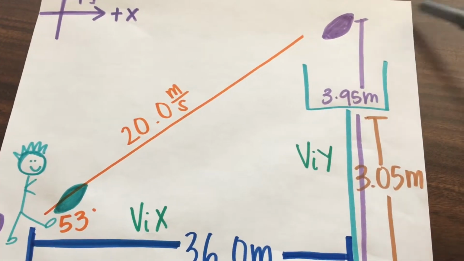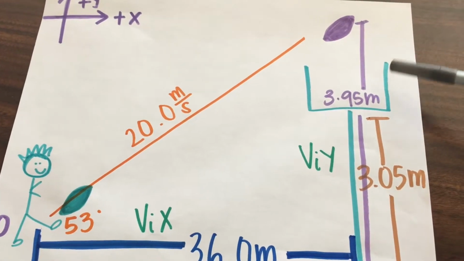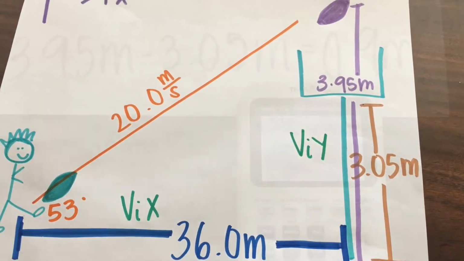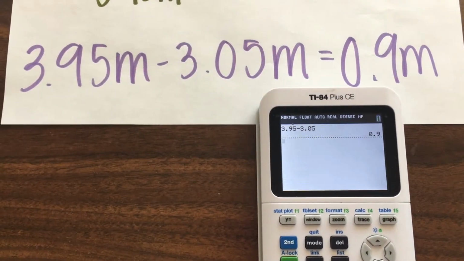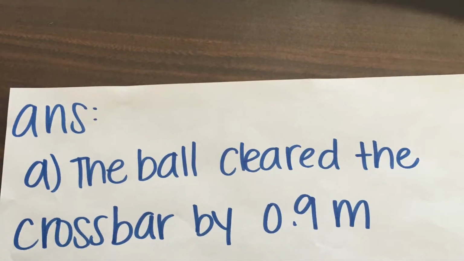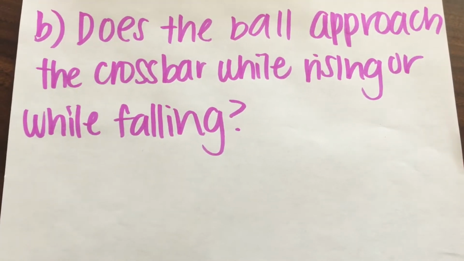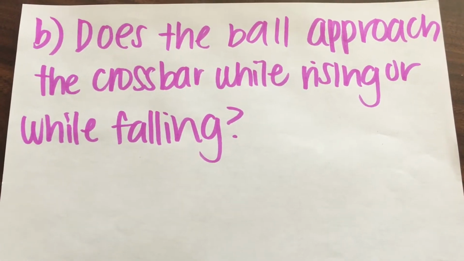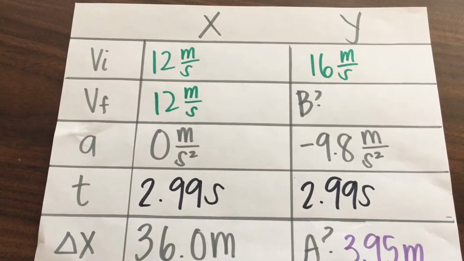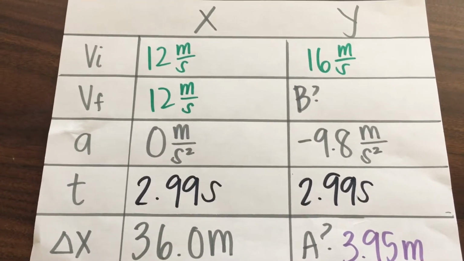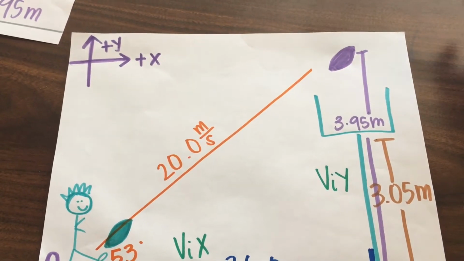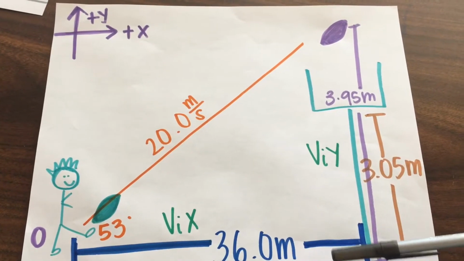And we can find how much the bar was cleared by the football by subtracting the displacement in the vertical direction of the football by the height of the bar. And when we solve for that value, we get 0.9 meters. Just to remind you, B is asking us to find whether the ball is approaching the crossbar while rising or falling. To find whether the ball was falling or rising when it cleared the crossbar, we need to find the final velocity. Because we defined our y direction upwards as positive and our y direction downwards as negative, when we